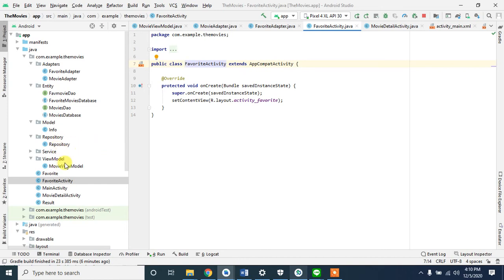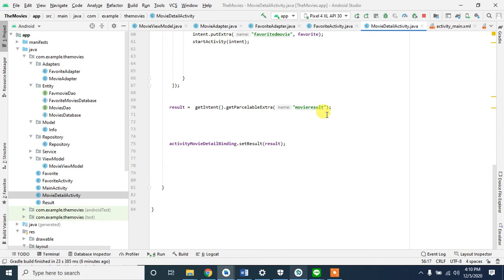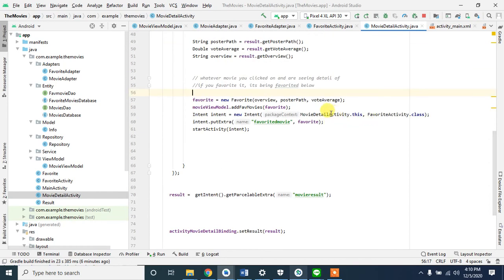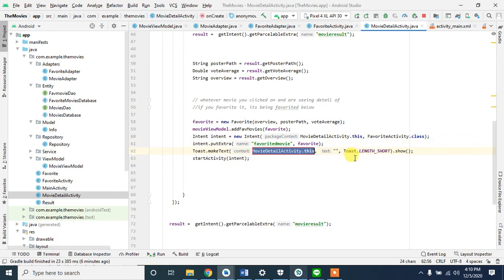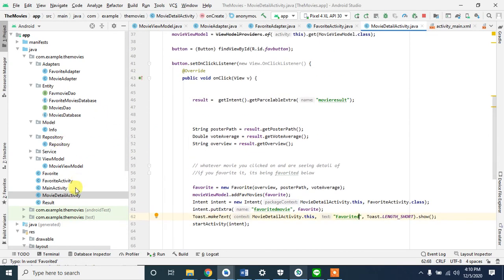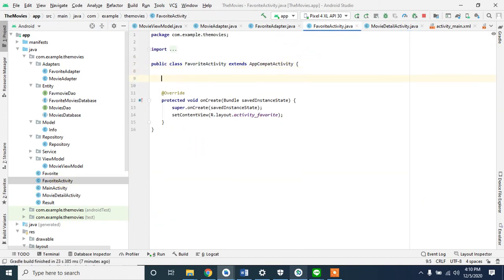And I will add a little toast message also. Once you click on the favorite button in the movie activity, so if this button is clicked, let's add a toast message, favorite it. Okay, and now we will go in here and work with, so same,